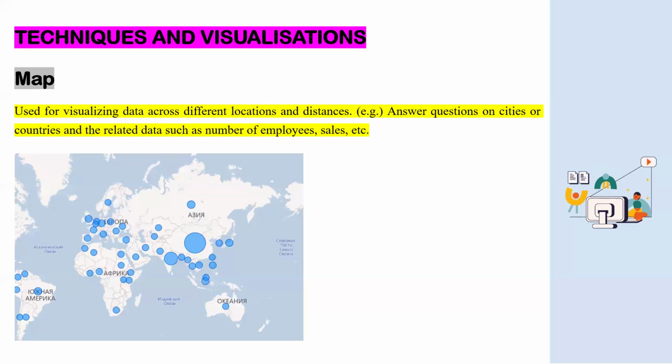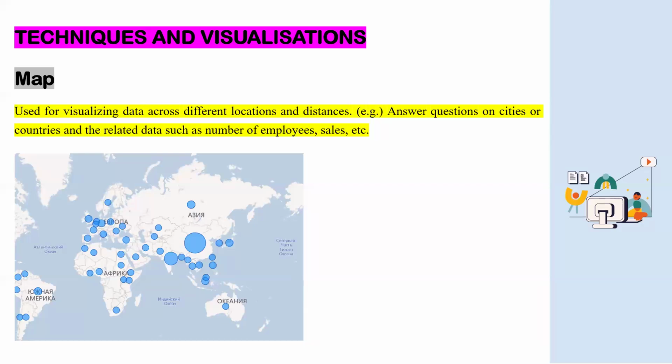And we also use maps to visualize our data based on geographical locations. So, for example, this could be the number of customers you have within various regions. The larger the size, the more customers you have within that region. So if you look at this particular side, you will know that maybe a lot of your customers are here and then here, and at a glance, you're able to tell where you don't have a lot of customers.